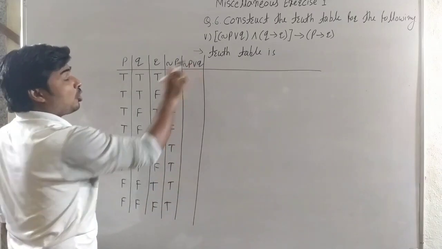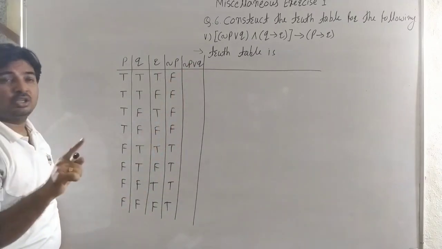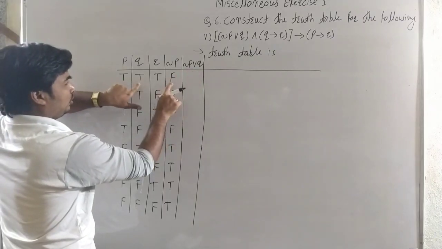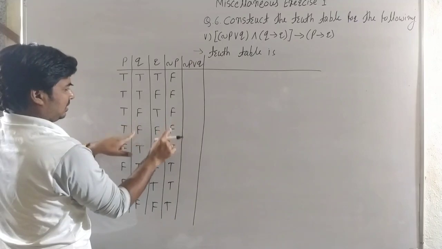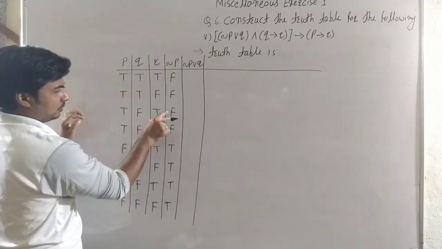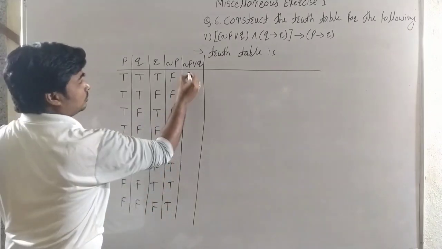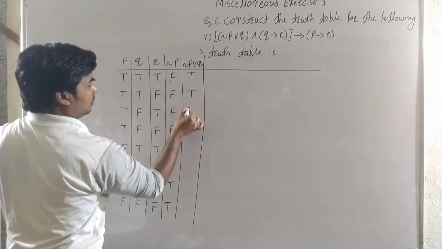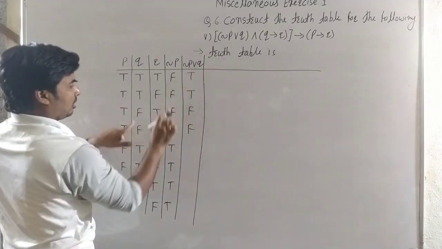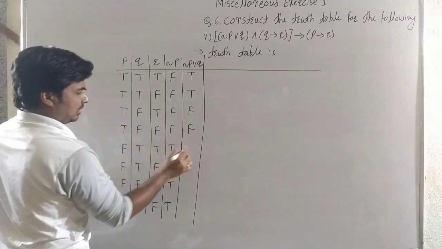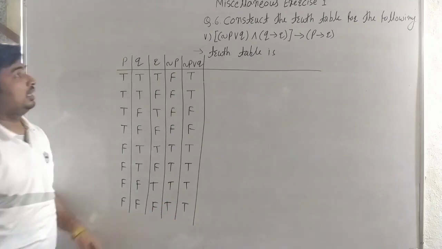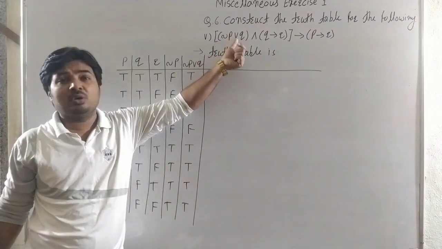Now negation P or Q. At least one is true, then true. Here it is true, true. It is false, false. Then true, true, true, true. Only the third and fourth are false and all others true. It is true, true, false, false. Okay. It is false, false, false, false. In the OR, if both are false, then the result is false. Then it is true, true, true, and it is true. Okay. Here it is the first bracket, that is the negation P or Q.